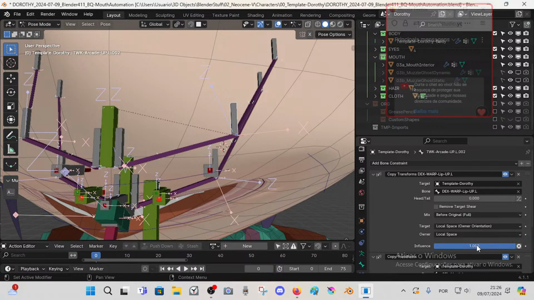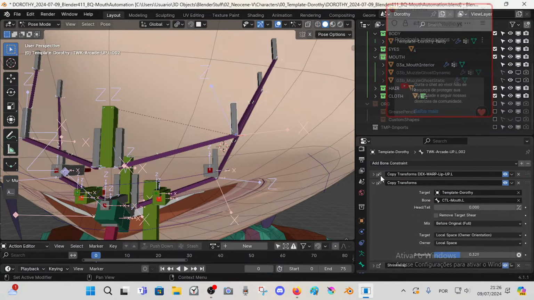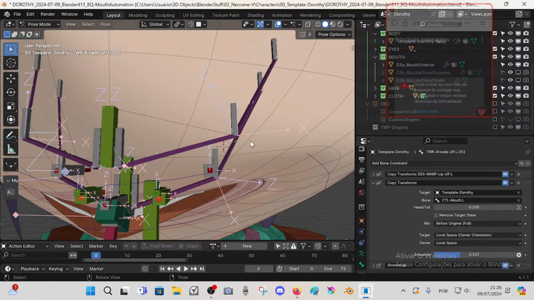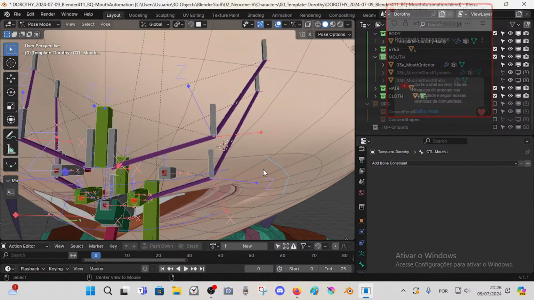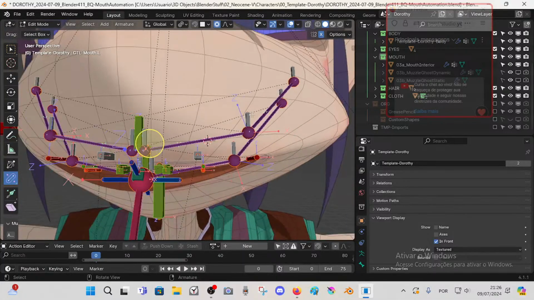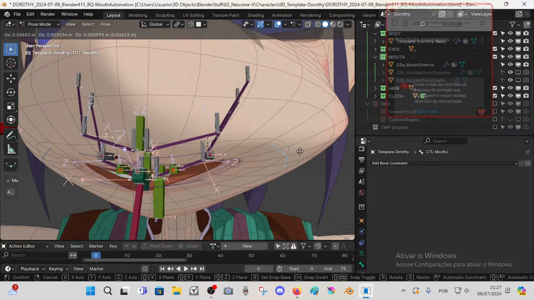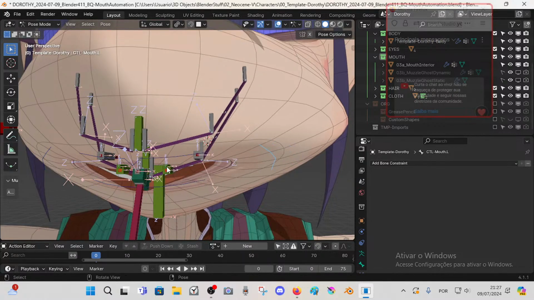This seems all correct. It's the same. Maybe I could make a different thing here, but I think that's fine. So it will change this, right? It will shrink the arcades to follow, in the same amount as the deform lips,